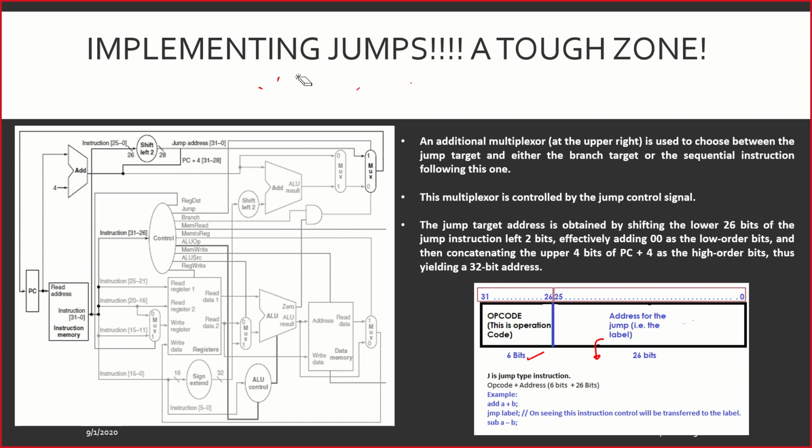Now what we need to do is understand how exactly to make it accommodate the jump instruction also. We need to add one more multiplexer. So I am adding one more multiplexer here. That's one thing that you need to remember. And remember, I am adding something more here called shift by 2. This additional multiplexer will help you to choose between the jump target and either the sequential flow of PC or branch target.